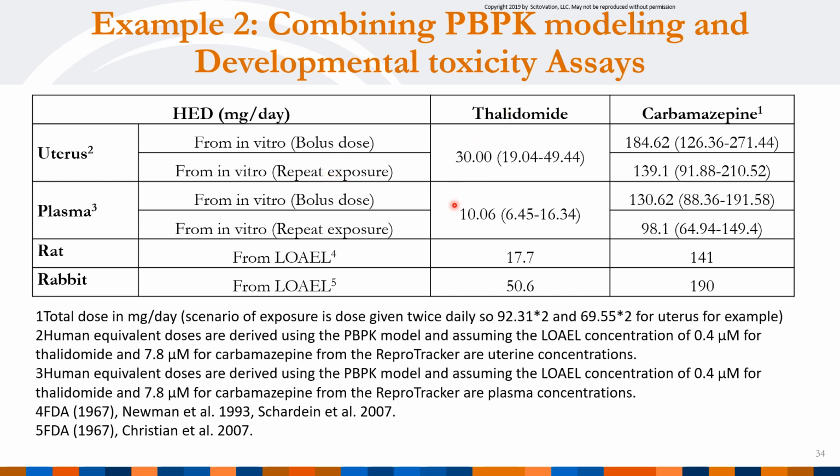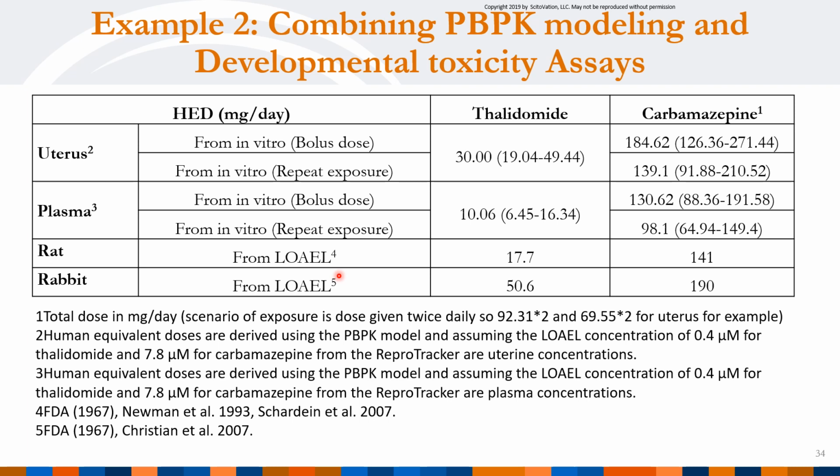You have the results here for thalidomide and for carbamazepine. You can see that for thalidomide, the result is the same for bolus or repeated exposure, for the simple reason that in 24 hours, thalidomide is completely excreted, which is not the case for carbamazepine, which is accumulating a little bit. We also did derive human equivalent dose for rat and rabbit LOAEL that we found in the literature